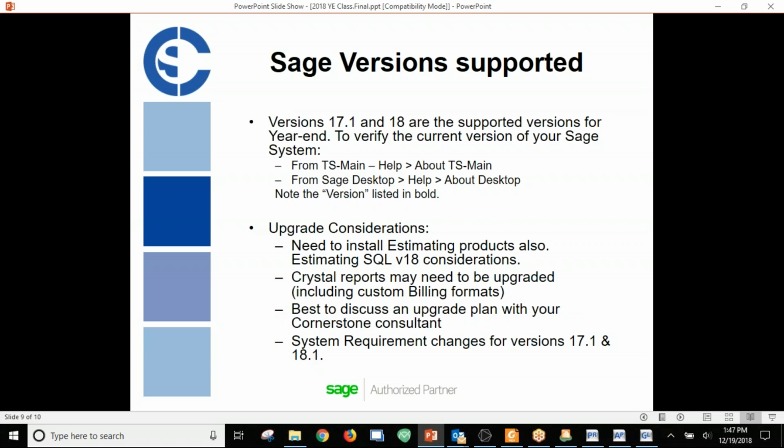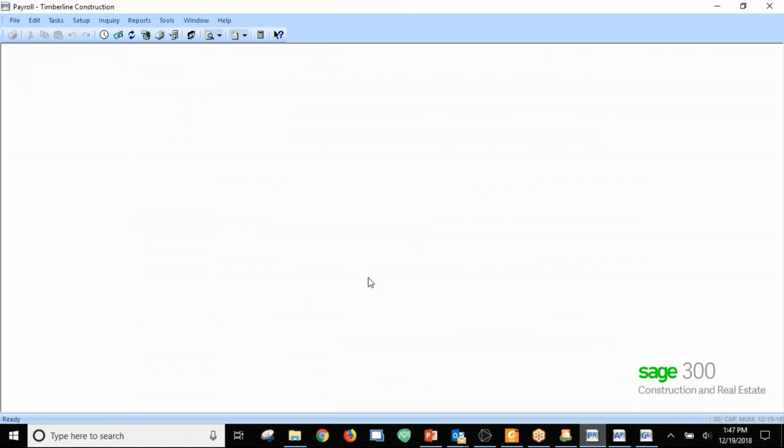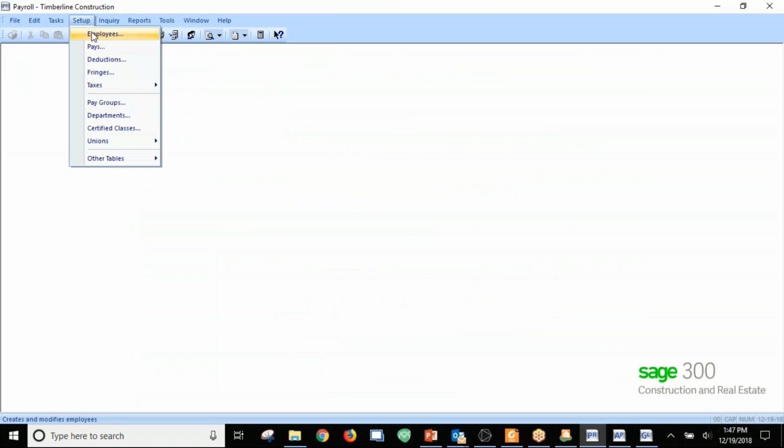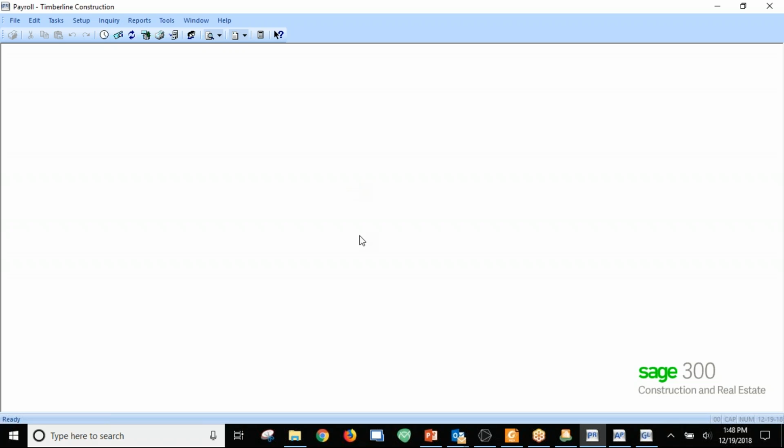The other thing that I do want to point out, that there was one change in the release notes for 18.2.2, and that had to do with ACA. So in ACA setup, and I know I might be just talking to a select few of you, but this is a situation where you would want to get the upgrade installed. Under setup employees,